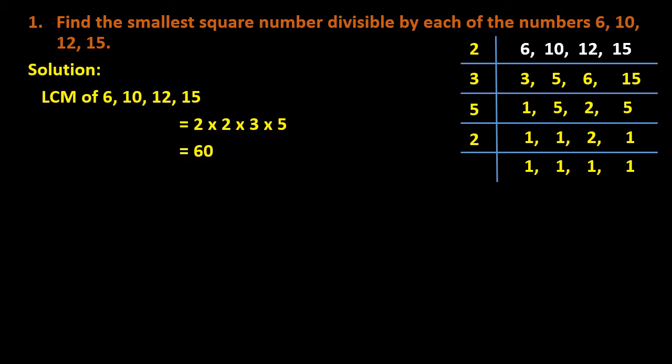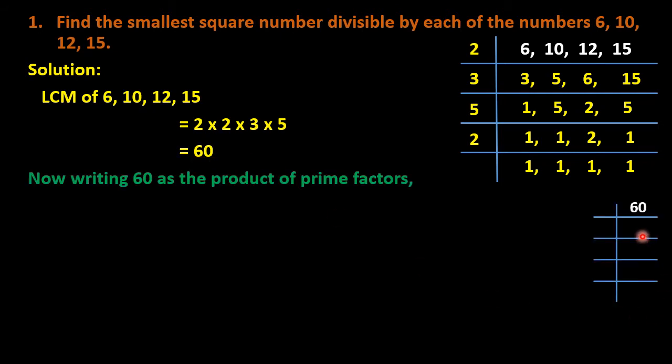Now in the second step, we have to find the prime factors of this LCM, which is 60. So here on the right hand side, let me find the prime factors of 60. It is an even number, so it is divisible by 2. 2 30s are 60, again divisible by 2. 2 15s are 30. 15 is not divisible by 2, so it will be divisible by 3. 3 5s are 15, and at last 5 1s are 5.